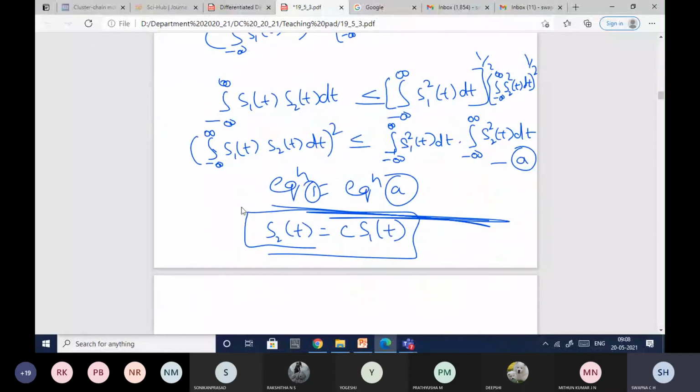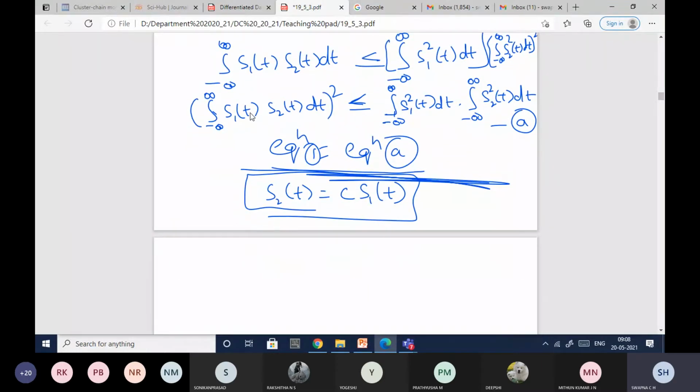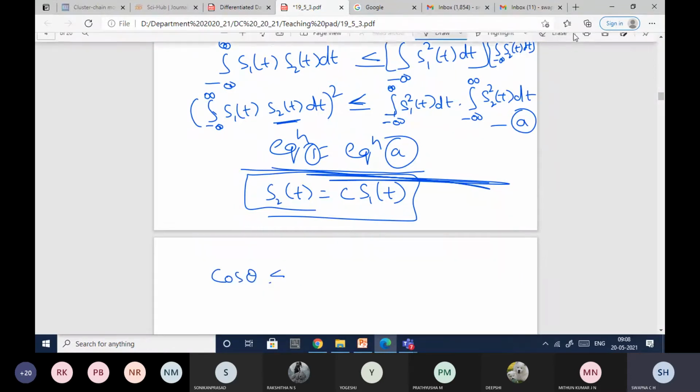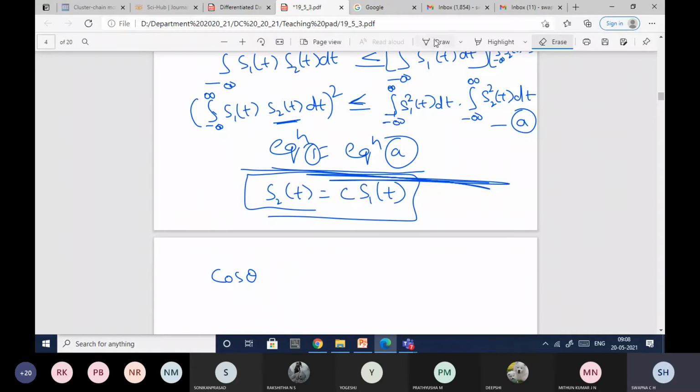Okay, and you have one more condition also. Less than is fine, but equal to will hold only when s2(t) is equal to c s1(t). In order to prove this, what I will do is, in place of s2(t), substitute c s1(t). Okay, cos theta. What is the cos theta equation? I have the cos theta equation as,